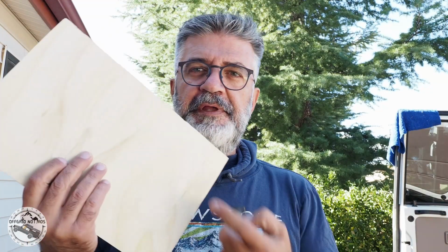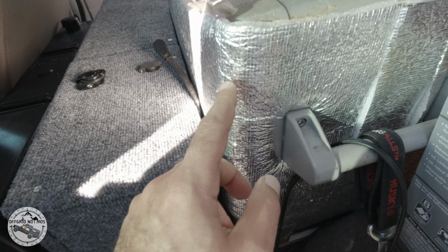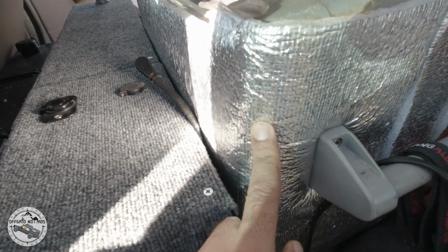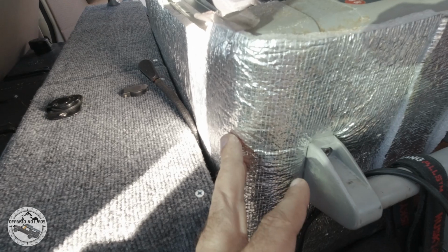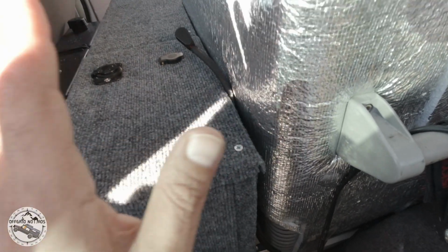Next I'll be drilling a hole in one of these. I bought this dash protector. I bought this sun...